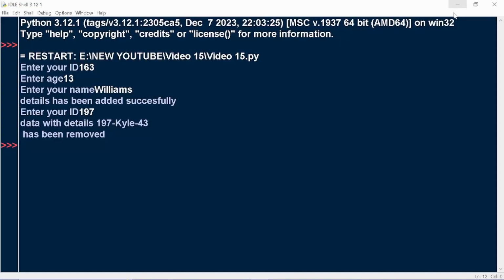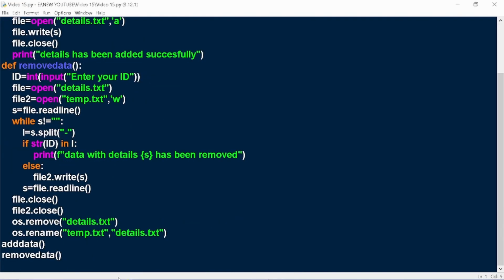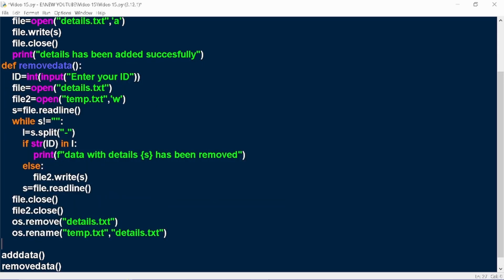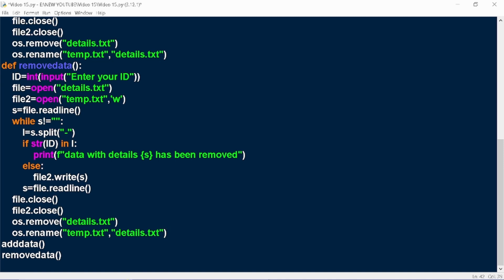The last thing that we have to do is update the details. For that, we have to do the same thing. Let me copy this whole code, and let's say we just allow to add the name again. So for that, we just have to change this to update data. Update data, the ID will be entered, and here what we'll do,